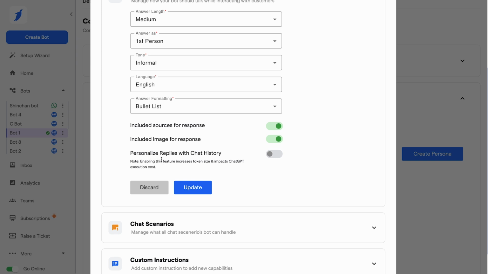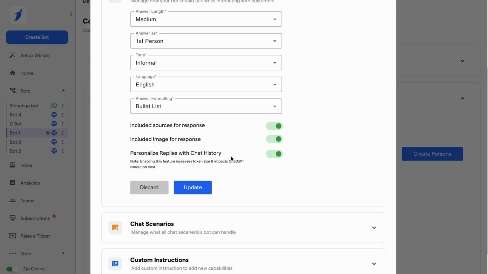And the next option is personalize replies with chat history. If you enable this, it means that whatever responses the bot is going to give to the user will be based on the previous chat with the user. For example, the AI bot is triggered in the middle of the chat flow, and 6 to 7 chat components are already there in the chat flow.